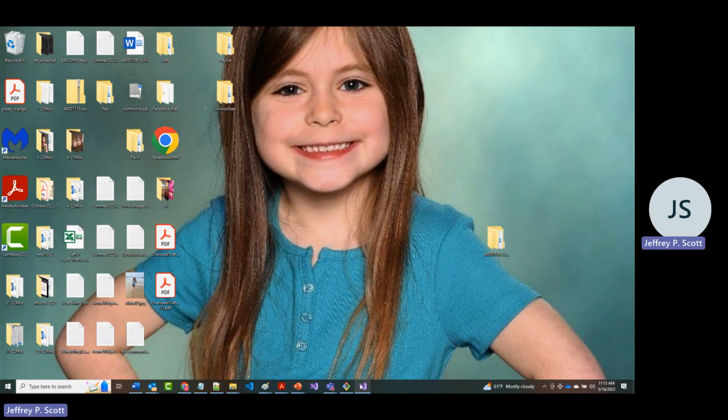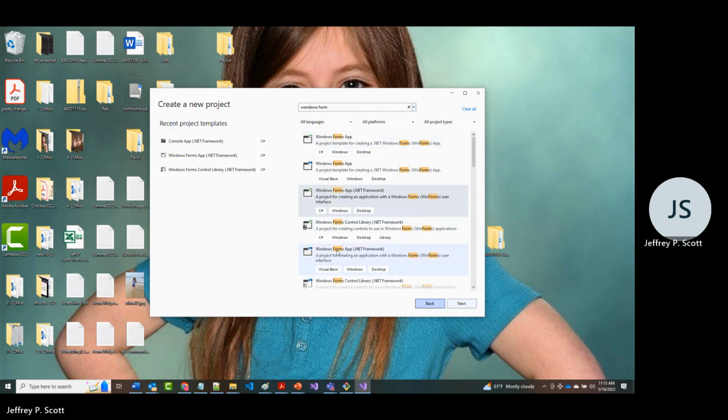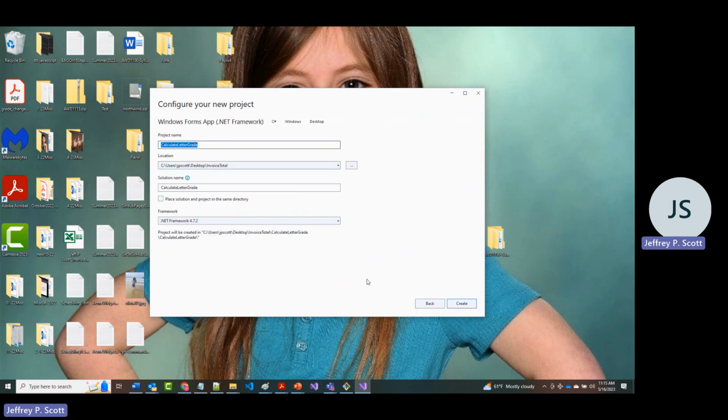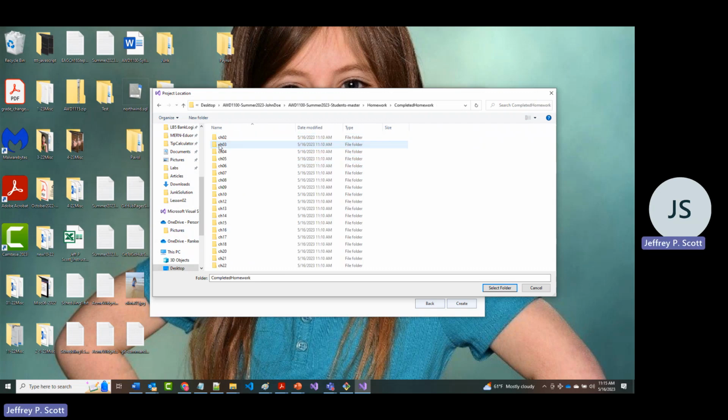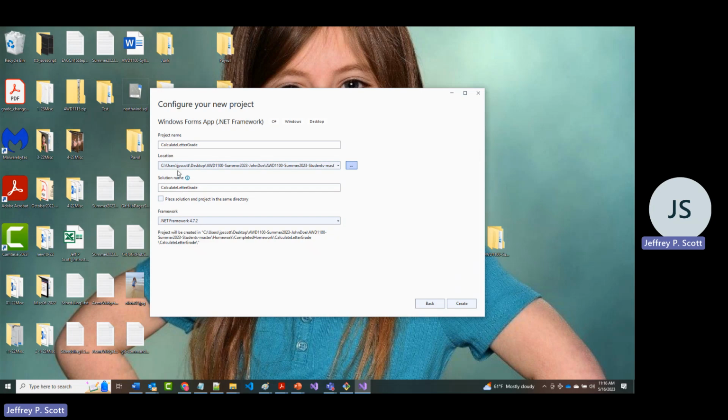All right. Now in Visual Studio here, the first thing I'm going to do is come in here just like we just did. Windows Forms app, C#, next. Well, now I want to make sure that I use that folder. So I'm going to my desktop, homework, completed homework. So that's the right folder now. Okay, I'm putting it in my completed homework folder. All right, so there it is. If I go to the end here,